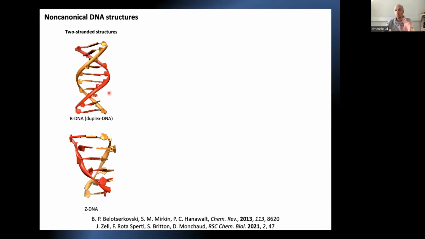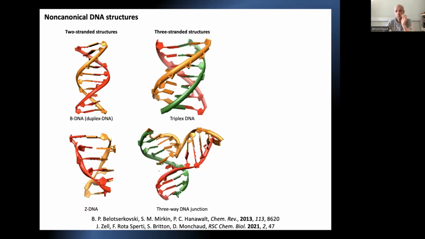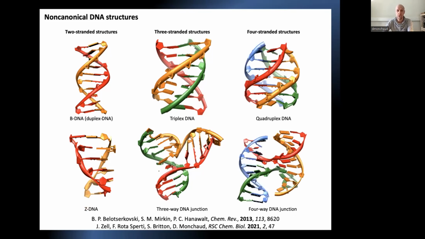But some other duplexes exist. For example, this duplex of inverted helicity, which is called Z. It's not related to the fact that the sample is sample Z. It was just because it is a weirdly shaped duplex, and Z means zigzag. But you can also have 3-stranded structures, so you just have an additional strand here, the green one, and you have the triplex, or this Y-shaped DNA, which is called the 3-way DNA junction, and you can still have 1 additional strand, for example, here the blue one, and you have the quadruplex DNA for the 4-stranded structures, and this H-type